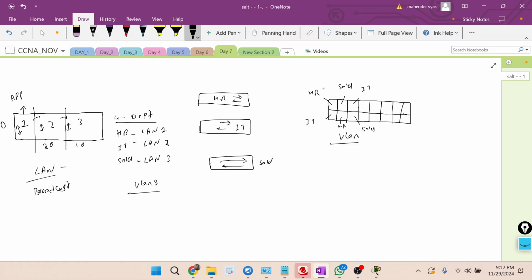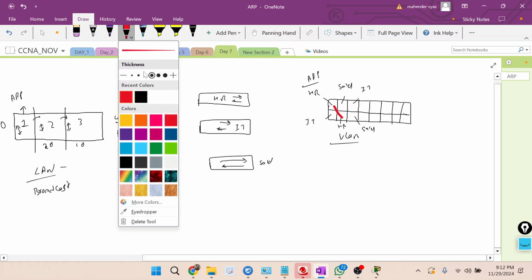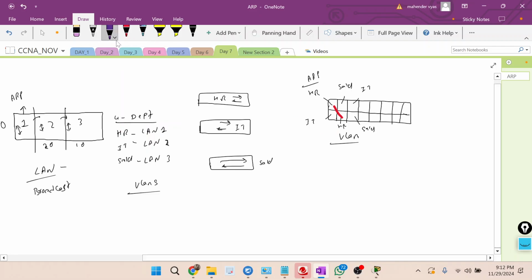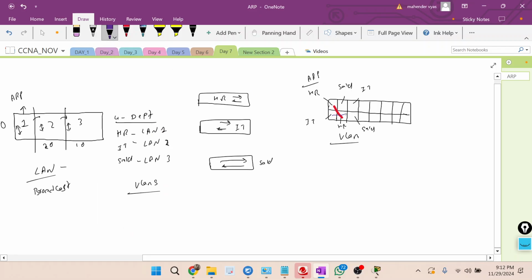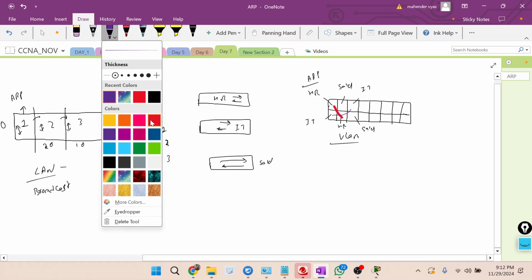So what happens when HR is doing ARP? It will go only to HR machines, not IT machines. And when IT is doing ARP, it will go only to IT machines. It will not go to sales. And when sales is doing a broadcast, again it will go only to sales, not any other user.